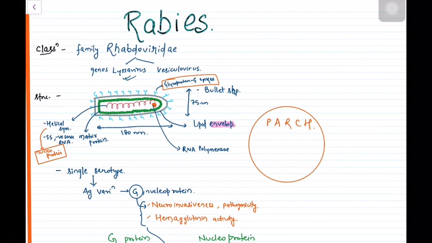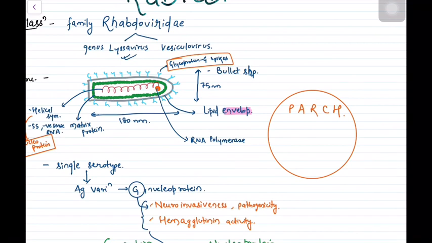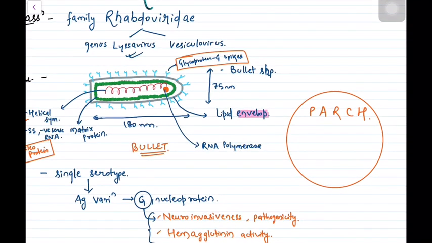Now rabies has a very beautiful structure you can see here, and this is nothing but the bullet shaped rabies virus. It is very simple to remember the structure and its components just by this diagram. This gray shaped one is the envelope, the lipid envelope. On the lipid envelope are the glycoprotein G spikes, which we will study are mainly responsible for the very deadly rabies virus, mainly the pathogenesis.